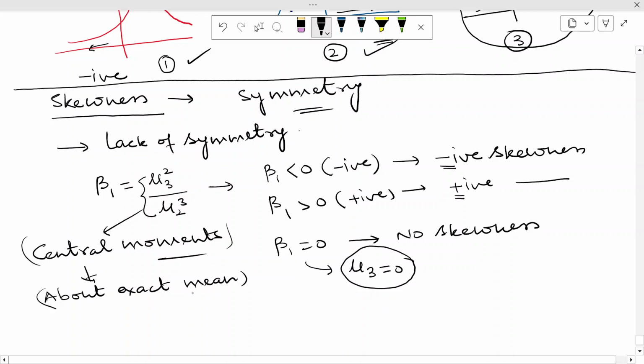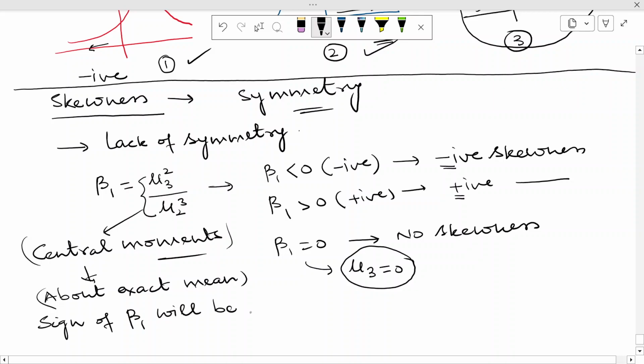Now if you look at this expression of beta 1, two moments, mu 3 and mu 2, are involved. We know that mu 2 is never negative, and mu 3 can be negative, but you have a square here. So it gives an impression that beta 1 cannot be negative. But this is for the numerical value of beta 1. The sign of beta 1 will be